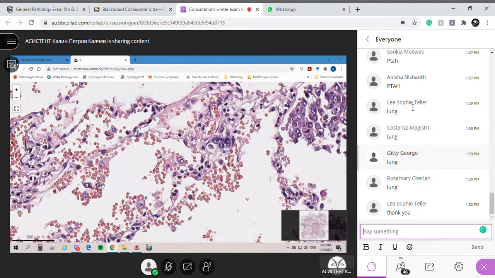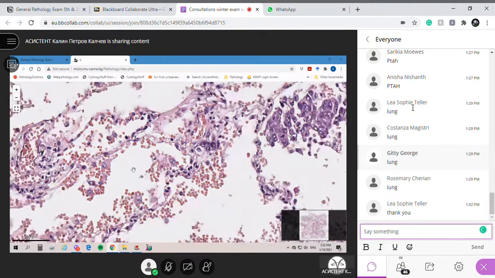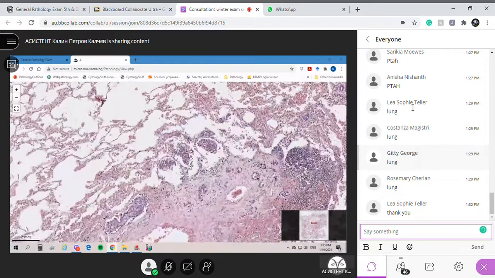Diapedesis is when a cell goes through a membrane. In this case, the red blood cells go through the vascular membranes. So this is diapedesis, per diapedesin. So this is about the hemorrhages. Later on, if we have a hemorrhage, that hemorrhage will